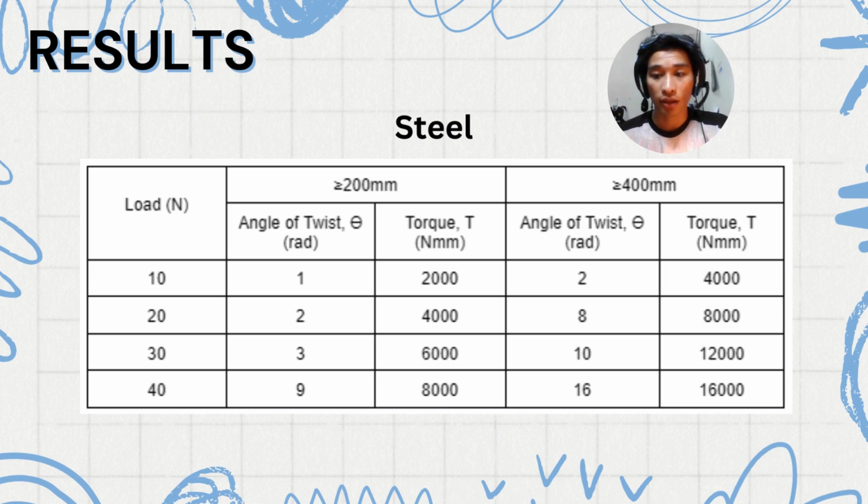And at 400 millimeter, the angle of twist also gradually increases, which is 2, 8, 10, and 16 rad. And for the torque, the torque is